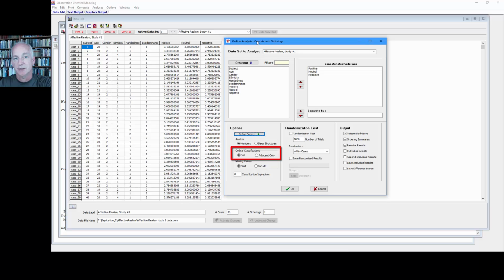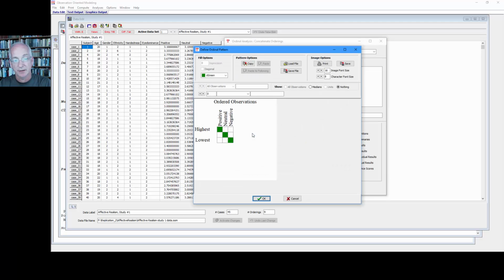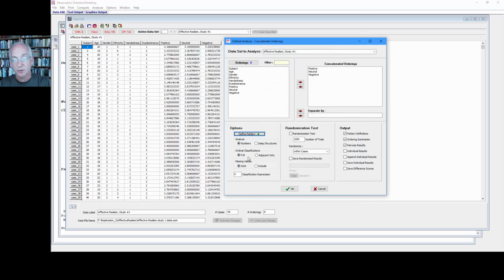The ordinal classifications option can be set to full or to adjacent only. Now, to see how that choice will impact our results, let's again look at these affective realism data and the positive, neutral, and negative ratings. Recall that the predicted ordinal pattern is that the positive ratings should be greater than the neutral ratings, which should then be greater than the negative ratings. With that pattern in mind, the full option allows us to look at all possible pairs of combinations